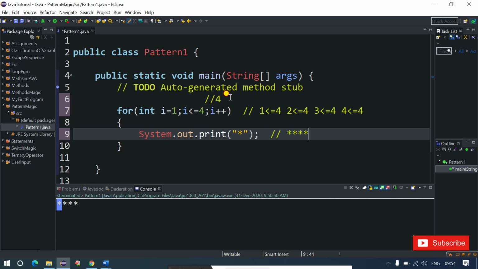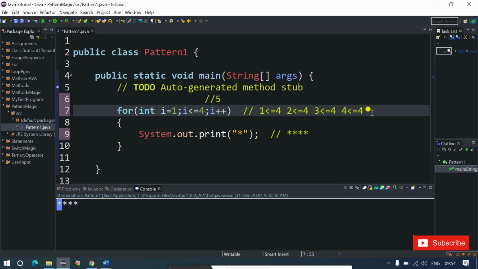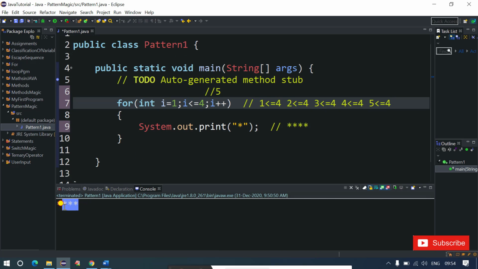Again, the value will get increased to 5. Now, it will check for the condition. Is 5 less than or equal to 4? This is not a true statement. If this is not true, then it will terminate the loop and you will get your output printed in